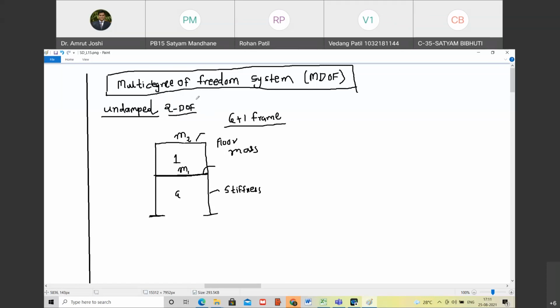Okay. Now, if I apply time dependent forces here, so let us say this is force F1 of t and this is force F2 of t. Happy? There are 2 time dependent forces that are acting here. One is F1 of t and another is F2 of t at the floor levels. Happy? Yes, sir. Now, can I convert this into equivalent 2 degree of freedom system in the form of mass and spring notation? The answer is yes. How? That I am going to show you now.